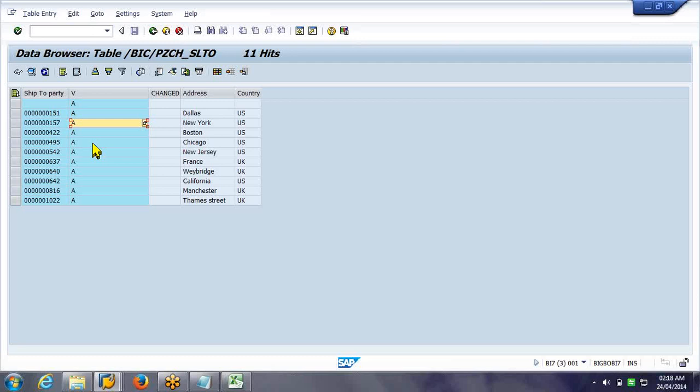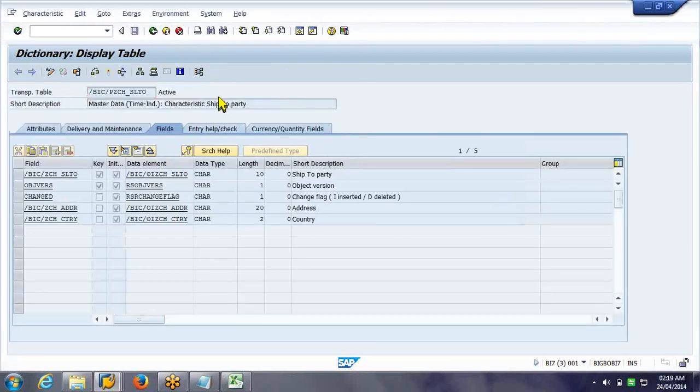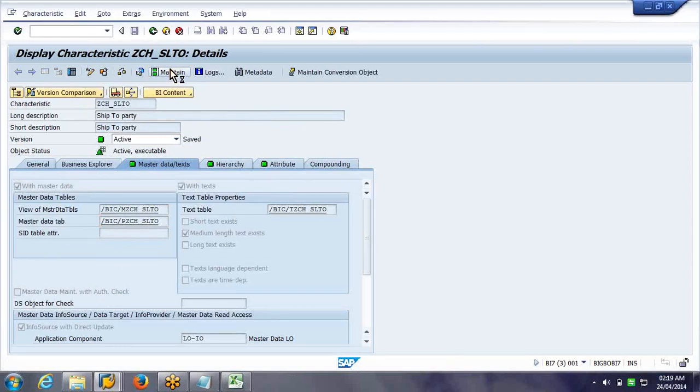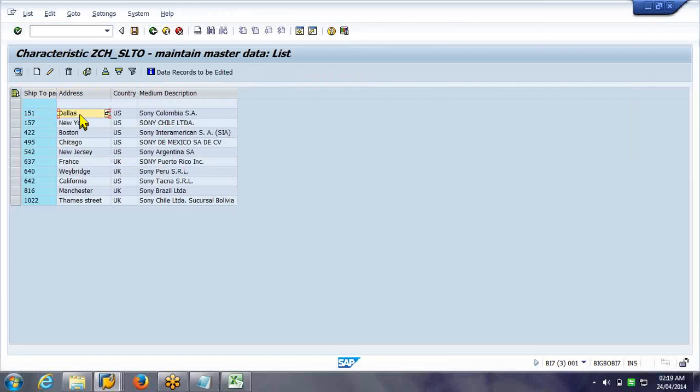So at that moment you have to come to this table to cross check and confirm whether there are any modified version of records. That's why specifically this table is of more importance, because it gives you the version field. This version field is not given in the maintain screen. In the maintain screen, directly the main object and attributes it is giving. So it will not be that clear in case of any discrepancies whether the record is active or not, unless you go to the underlying table and check.